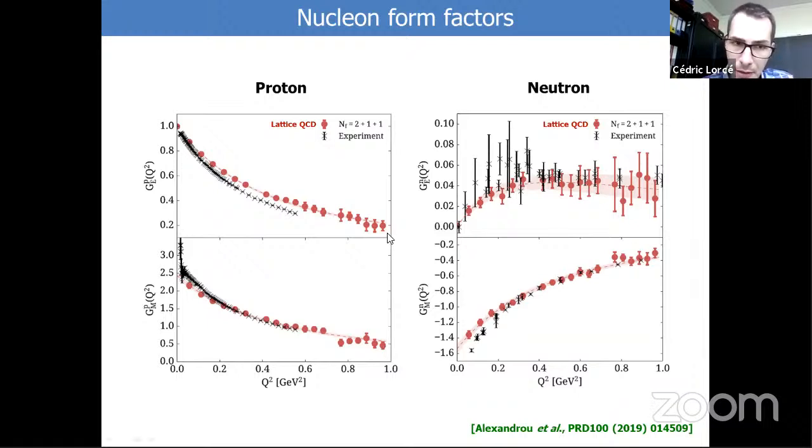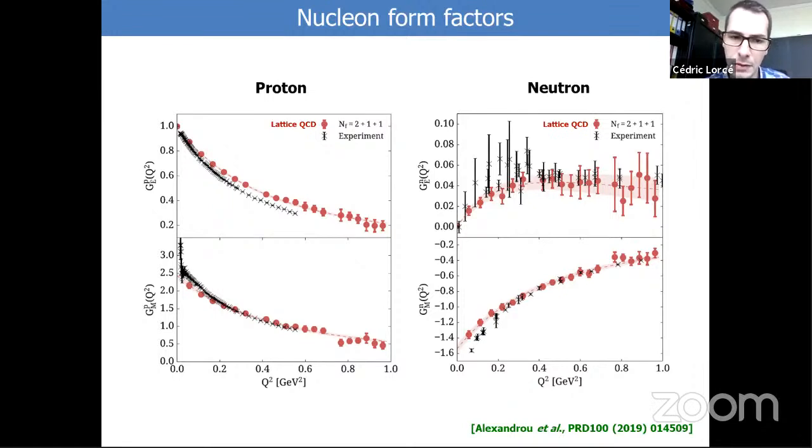So there's been a lot of improvement on the lattice side, but as you see, the description is not yet perfect in all the cases. And this has to do with the fact that in order to be able to do such a calculation, people have to compute things in a finite box. So you cannot consider infinite space-time, but you have to consider a hypercube of finite size. Not too large because this is very costly, but not too small because you need enough space for the system to be correctly described.